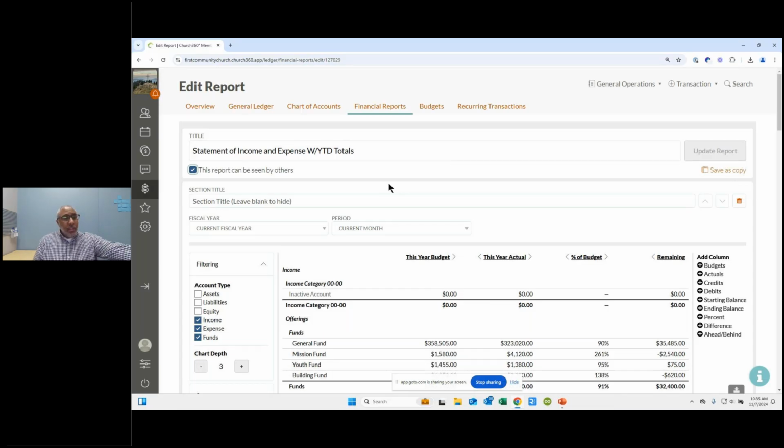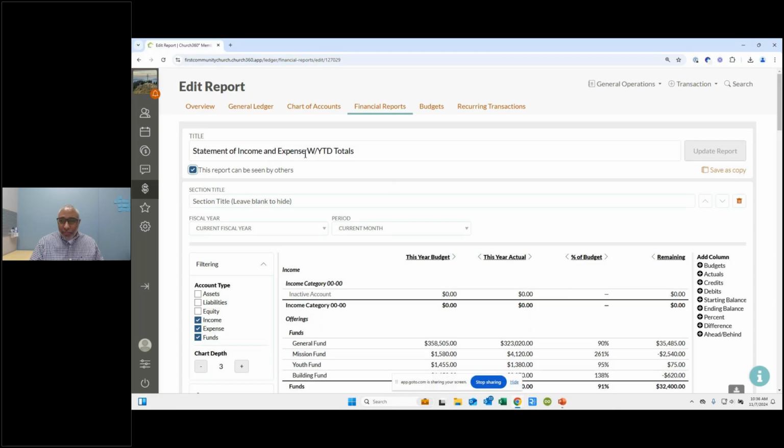So if they have access to New Ledger and they have the review reports option, then when you go to financial reports, they'll actually see this report. So when you set these up, if you have access and then you have review access, then you have access to see these reports. The ledger administrator, I guess also the software administrator, is going to determine who can see what within the software.